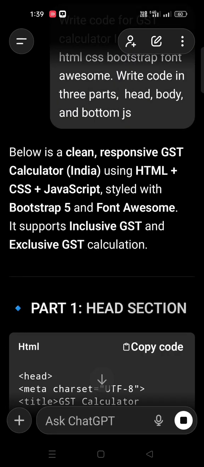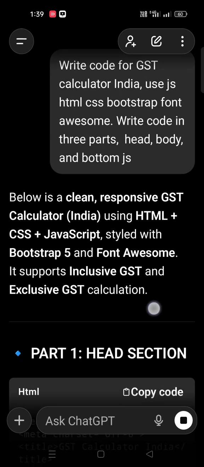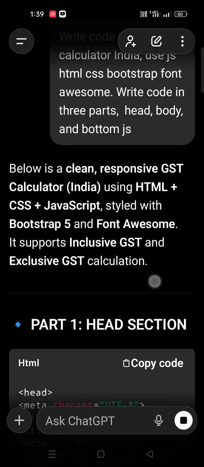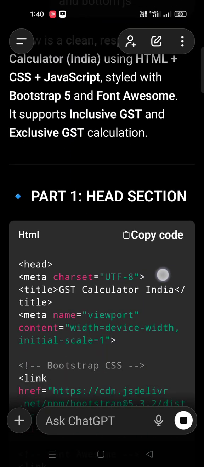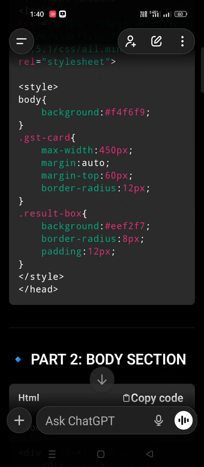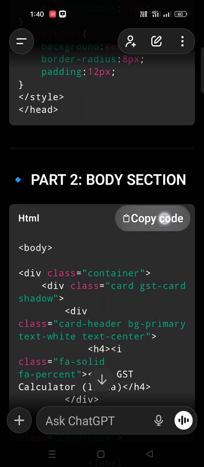Here you go, friends. Below is a clean responsive GST calculator India using HTML, CSS, JavaScript styled with Bootstrap, Font Awesome. It supports inclusive GST and exclusive GST calculation. Okay, so this is the code. First, I will copy the head section code. After the head section, we need to copy the body section.